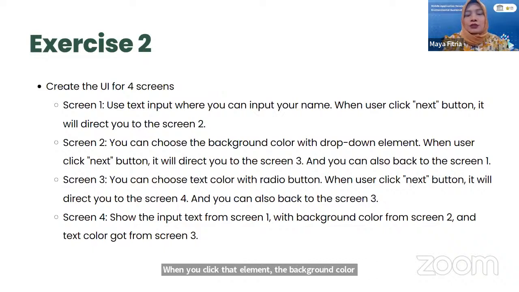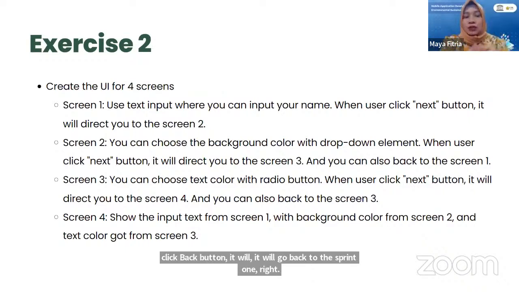In screen 2, there will be 2 buttons, the next button and the back button. When you click the next button, it will go to screen 3. And when you click the back button, it will go back to screen 1. And then in screen 3,